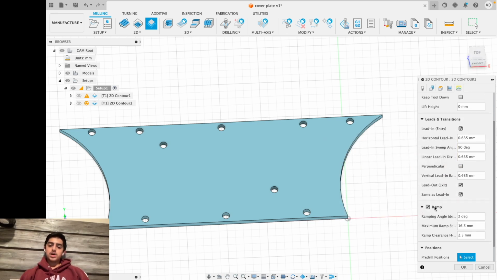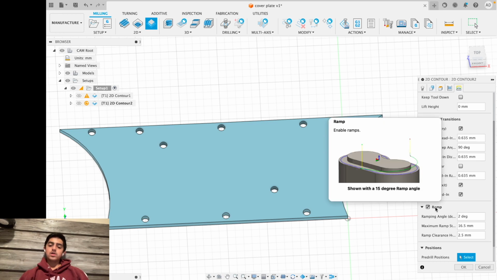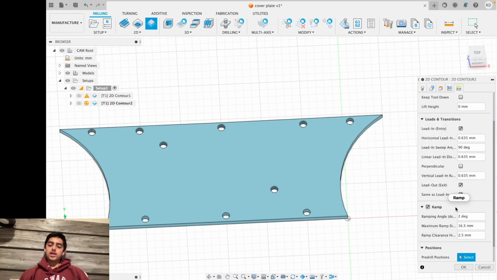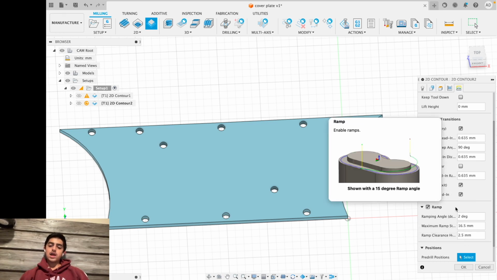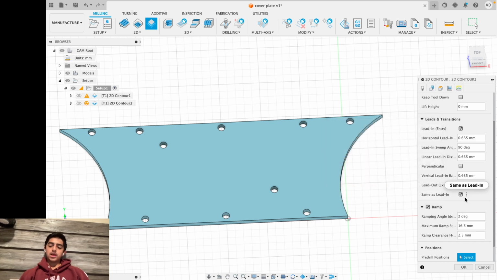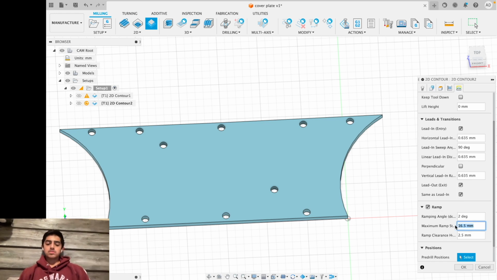What the ramp tool does is that it's slowly going to go into your material, so that it doesn't just go straight down and cut around the whole object, because when it goes straight down and cuts around the whole object, it has 3 mm of force on it. It has like 3x the force. But when it's only cutting 1 mm at a time, it has less force on it. So what I usually like to do is my maximum step down is 1 mm for this 3 mm material,